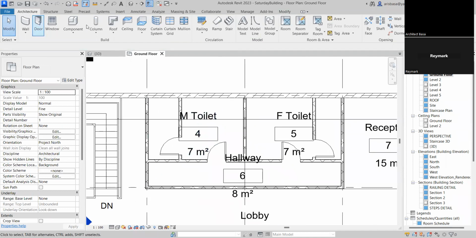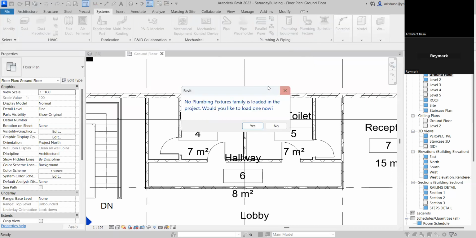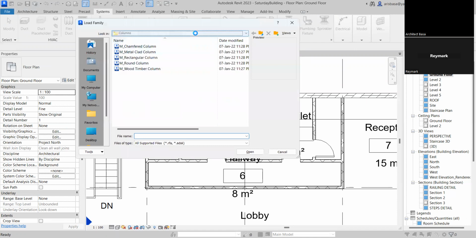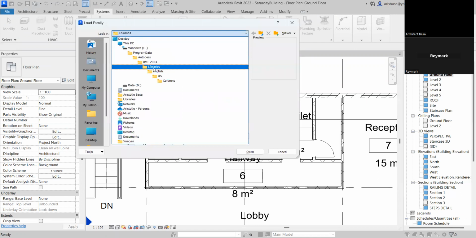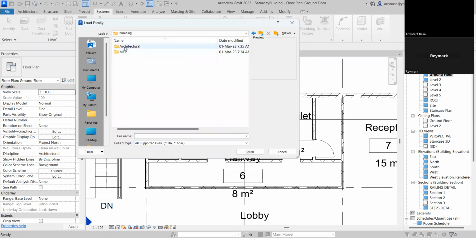Let's say we will be placing, we go to your systems, we put the plumbing equipment, plumbing fixture. There's no plumbing family loaded yet, so we'll be loading one. We go to the libraries, English, US, and let's go to the plumbing. Okay. Architectural, we go to fixtures, and we go to WC, water closet. So we have here the 3D